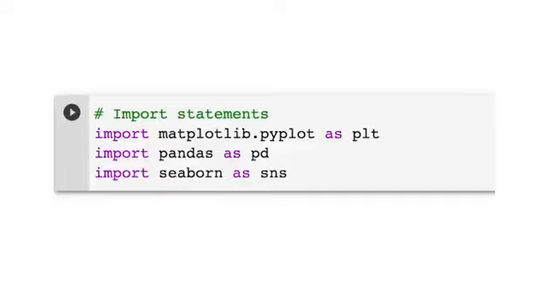Let's begin by importing Python libraries and packages. To start, import matplotlib and pandas, which you've used before. To review, pyplot is a very helpful package for creating visualizations like bar, line, and pie charts. Pandas is one of the more popular packages in data science because its specific focus is a series of functions and commands that help you work with data sets. The last package, Seaborn, may be new to you. Seaborn is a visualization library that is easier to use and produces nicer looking charts.